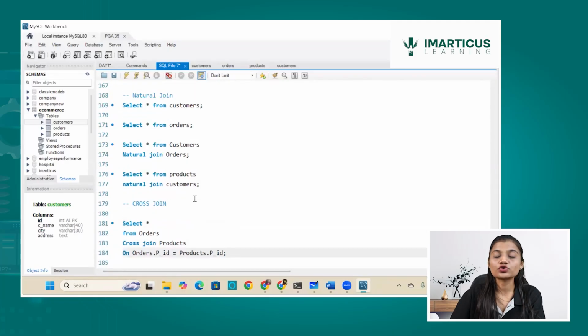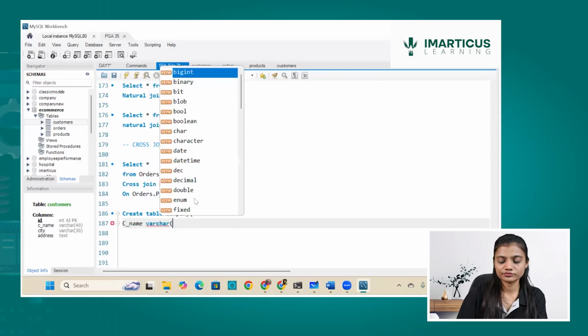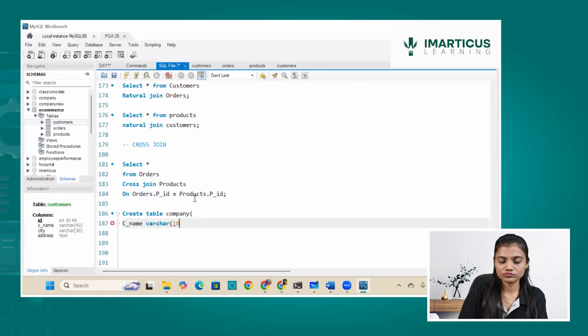So this was cross join, and for when I can use a cross join, let's say I'll create a table, company, with one column, C name, which is a varchar of 100 characters, and that's it. So I ran this.